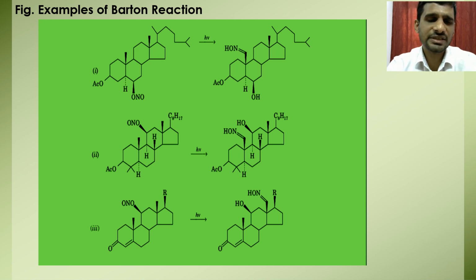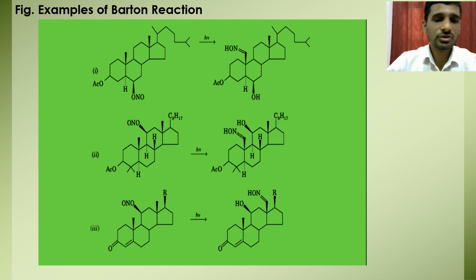If you have studied something about the chemistry of steroids, then this is very much resembling a cholesterol ring. It is an example of a steroid molecule. In this molecule, as you can see, there is a ketonic group in conjugation with a double bond. This is different from the previous examples where we had an acetate, an ester, in our side chain. Instead, here an exocyclic double bond is present, and a ketonic functional group is present, which is in conjugation with a double bond.